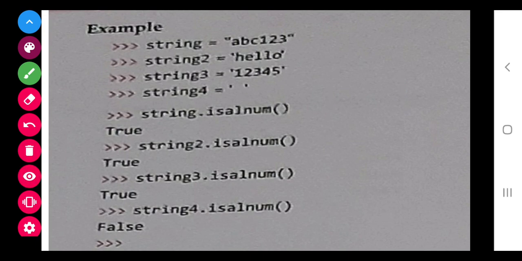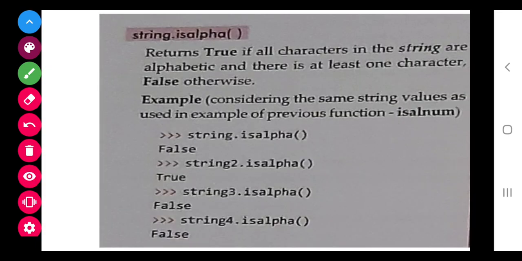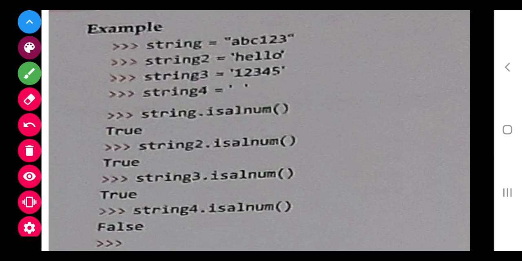Next is isalpha. It will check only whether it is alphabetic or not. In the previous example, the first one is alphanumeric, so it is not only alphabetic. This one is only alphabetic. This will also return false because it does not contain alphabetic, and this is also false.